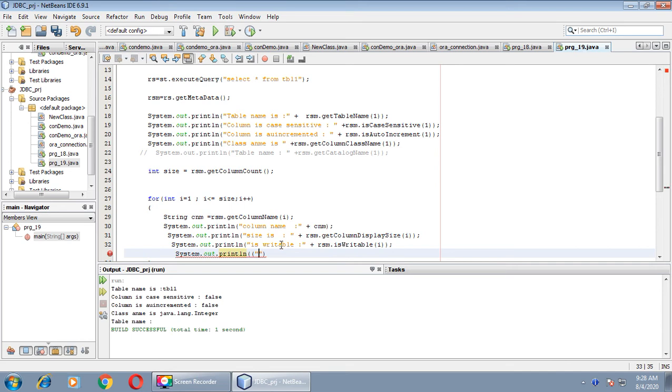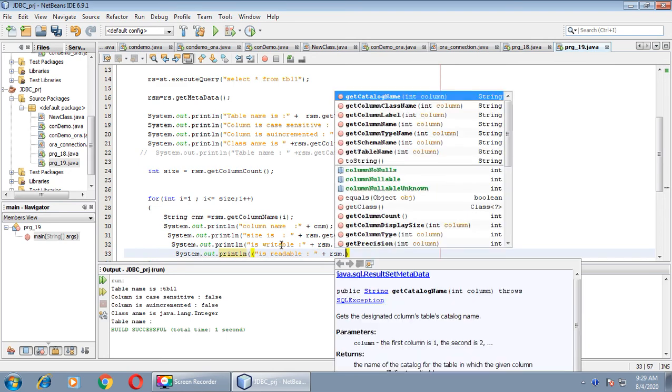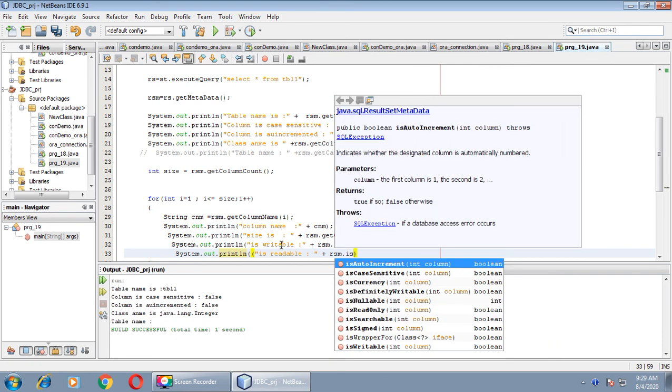As the method's name suggests, you can understand whether this column is writable or not. Now next is readable. We will take rsm.isReadOnly.